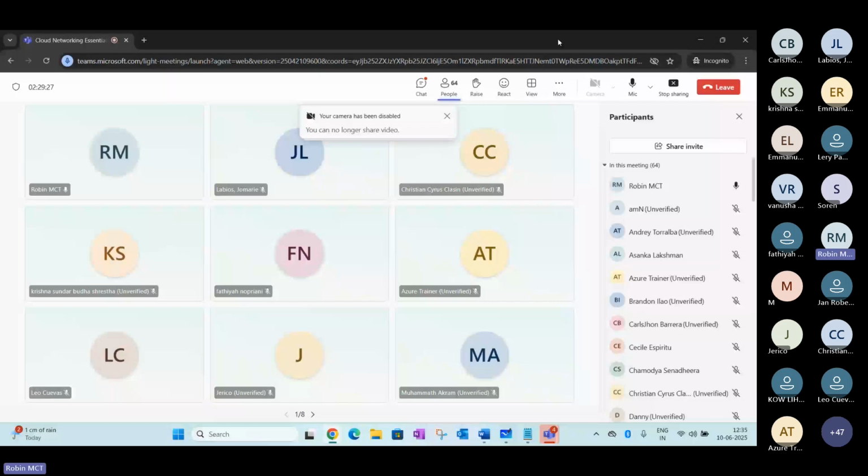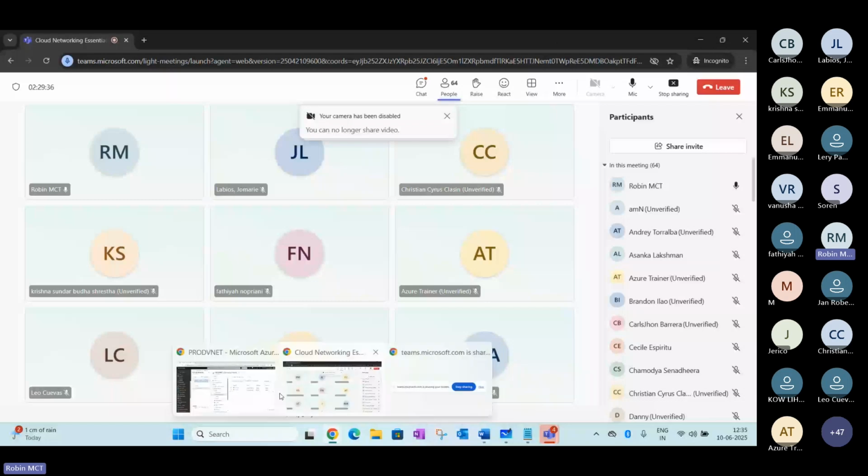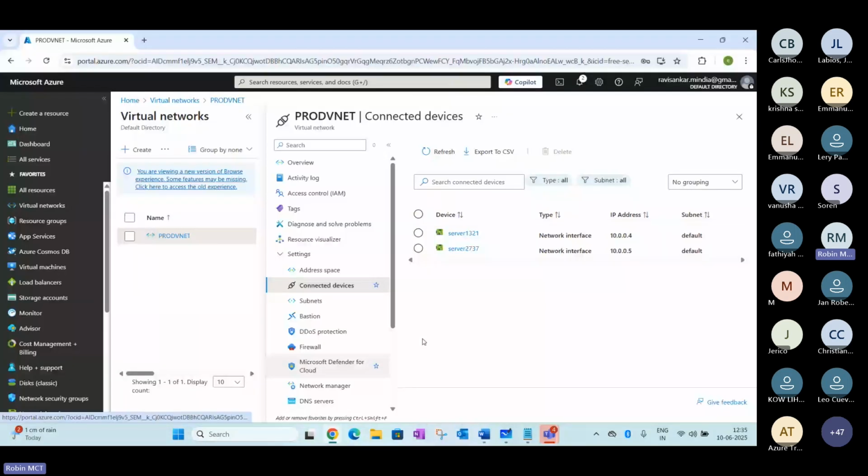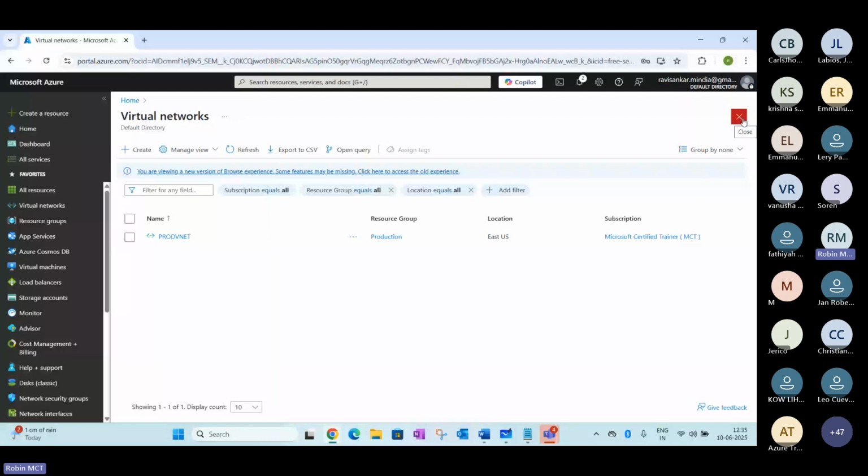Now let's come back to this discussion. We discussed how we configure the IP address. We have seen how a VNet can be configured in the cloud, and technically how an IP address is assigned. In the first two scenarios, you saw how IP addresses were assigned in the east-west location, and both VMs were assigned to the same VNet.